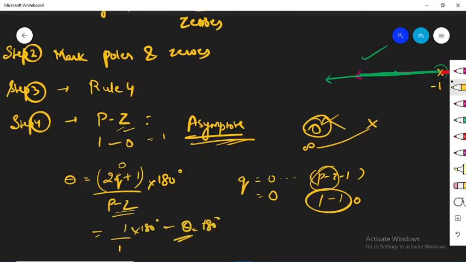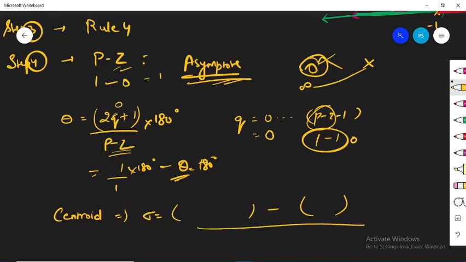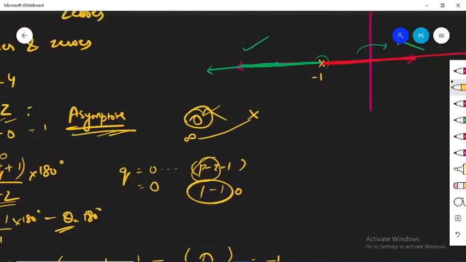Okay. Similarly, you have to find out the centroid for the asymptote. We read ahead that you have to find the centroid. If the system has an asymptote, then we will find the centroid. Centroid is given by sigma. Sigma is the summation of the real parts of poles minus summation of real parts of zeros divided by pole minus zero. Pole minus zero is 1. Summation of real part of pole, where is your pole's real part lying, at -1, minus there are no zeros. So the centroid will lie at s is equal to -1. So the centroid and this pole are actually at the same point.